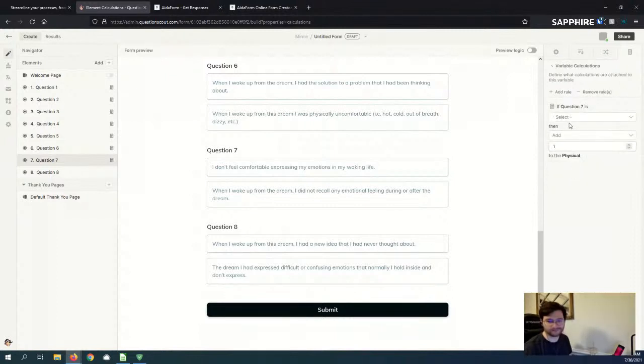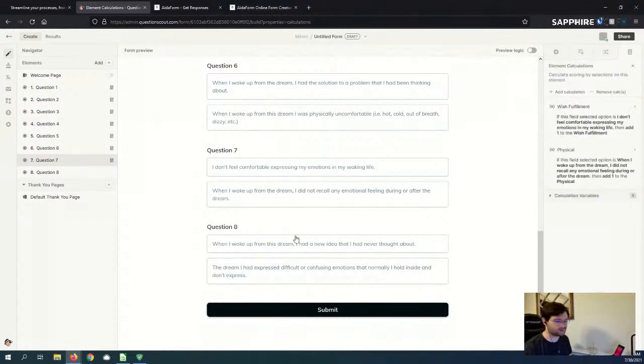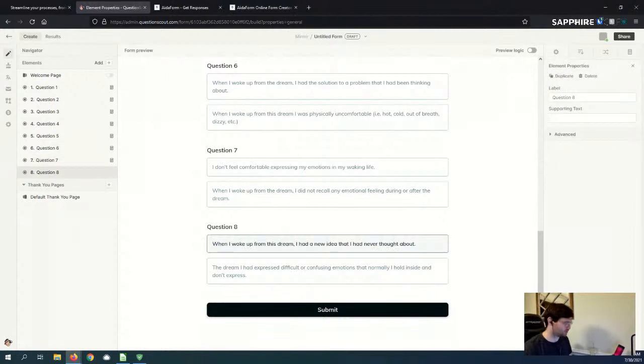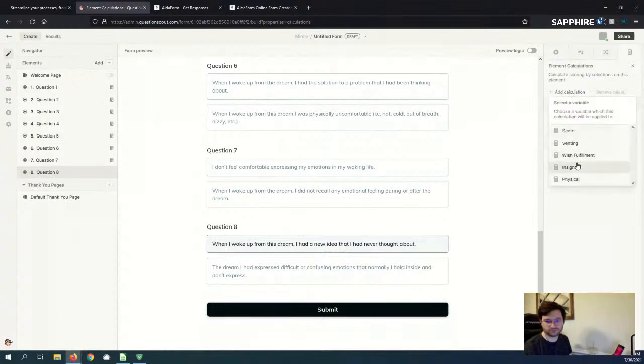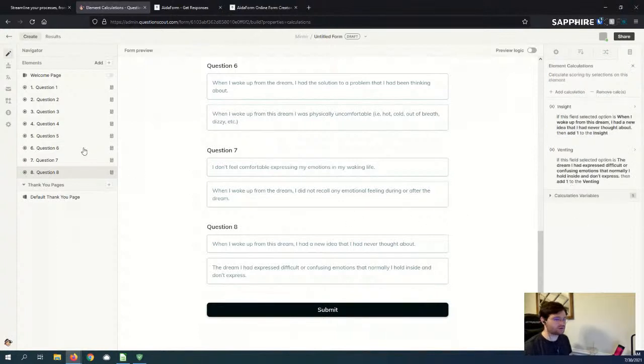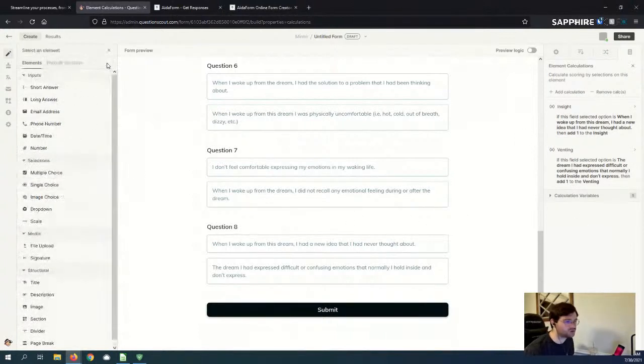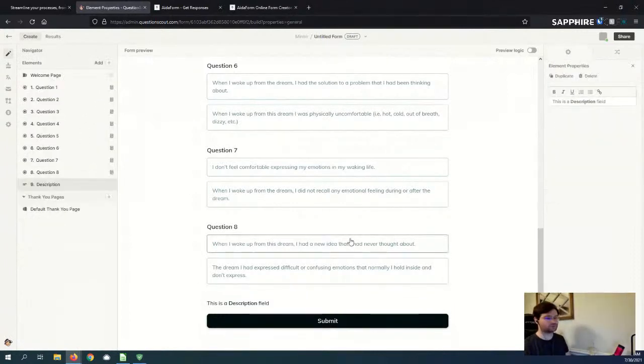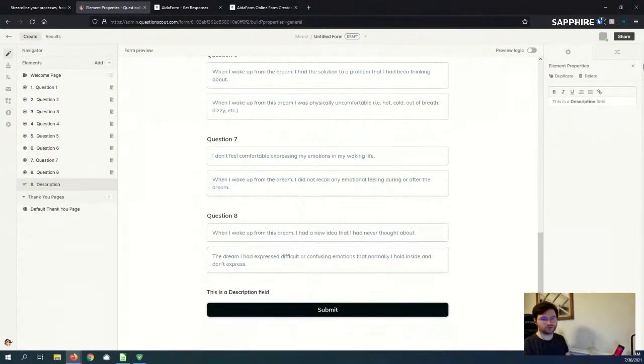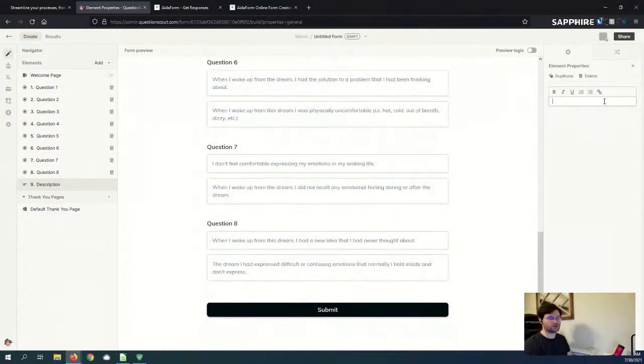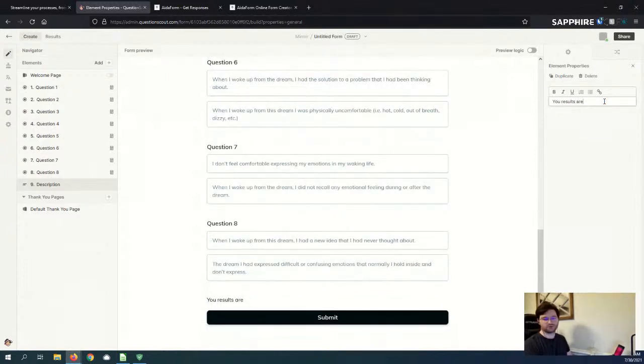Physical. Okay. Last one is insight venting. Insight venting. All right, cool. So then the last thing I want to do is do description. And what we're going to do here should still work. Your result, maybe your result is